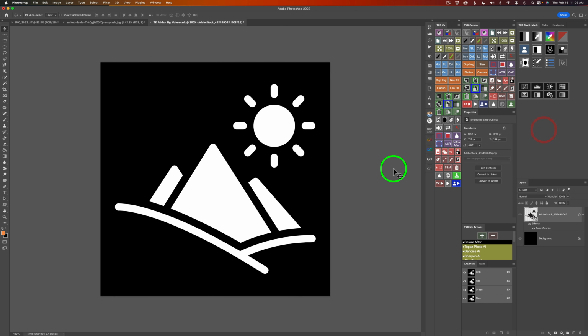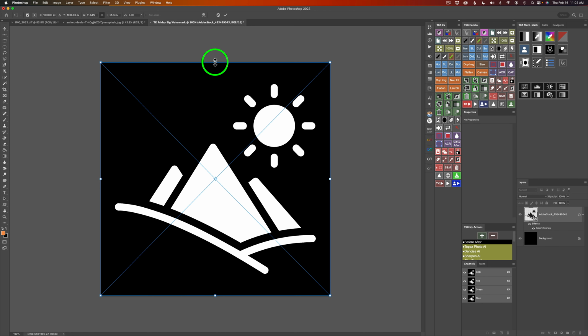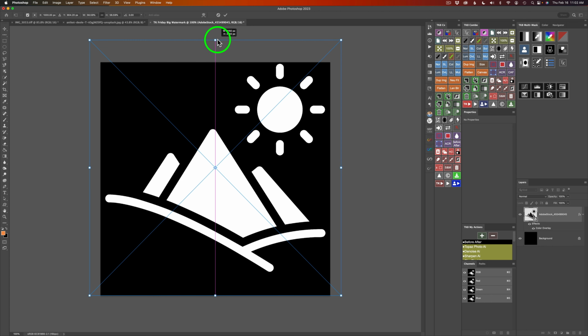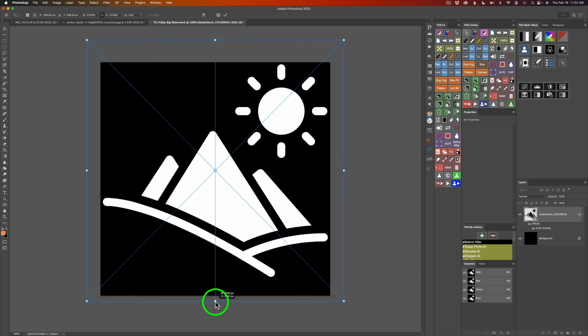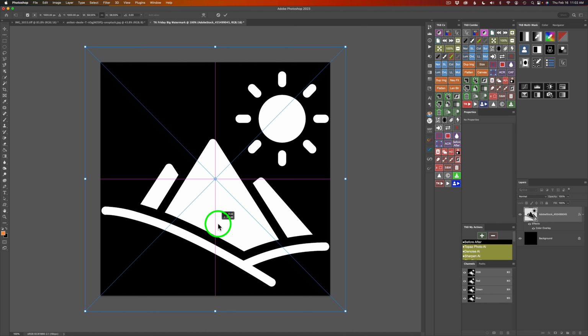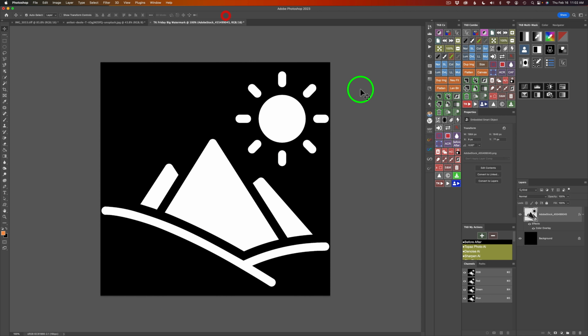Click OK here, and we could click on Transform, the Transform button. You know, I can make it even a little bit larger. I can make it so it comes up and touches that edge there. Let's see if I can come down here. I got to make sure the left and right sides don't go outside the black box, something like that. And maybe I will center it. See how those magenta lines come up? It's centered right there. So I think that's a good size, and then I can click the check or type